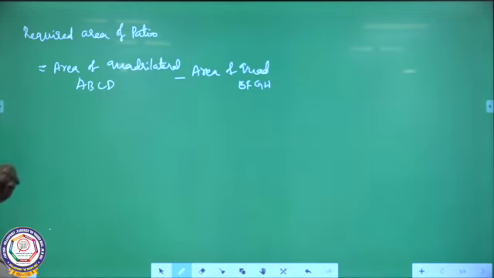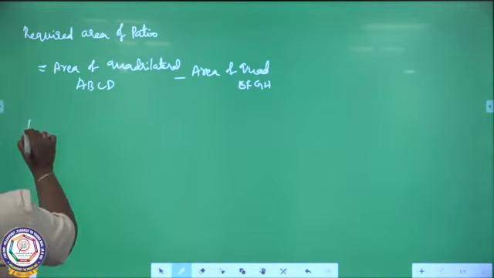Required area of the patio is equal to area of quadrilateral ABCD minus area of quadrilateral EFGH. First we will see